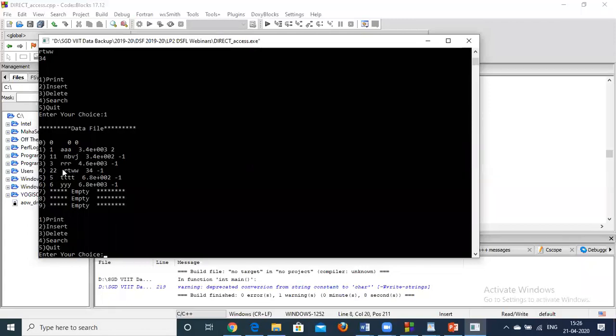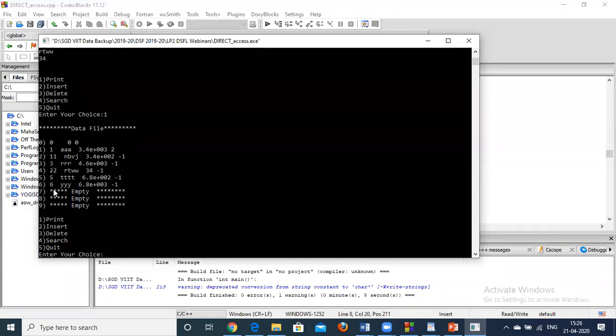So if I have to search 22, I have to start from its own hash value location, that is location 2, until the start of the chain of 2 is found. If I want to search 44, it will start from here, and until the chain of 4 is found, we will compare with 22, 5 and 6.